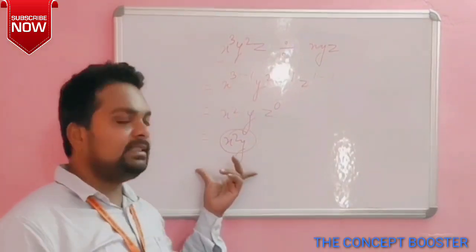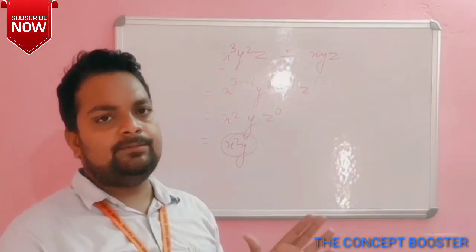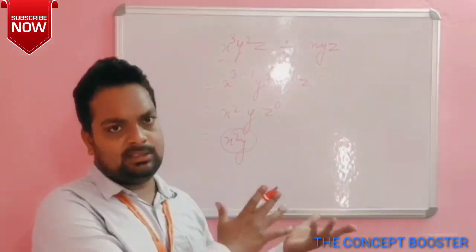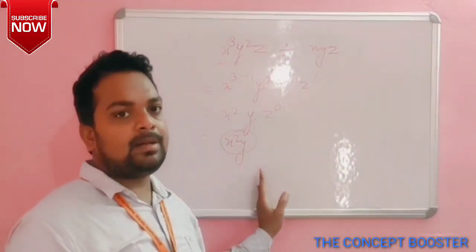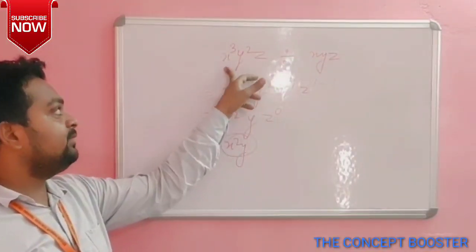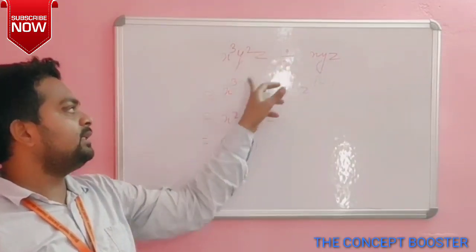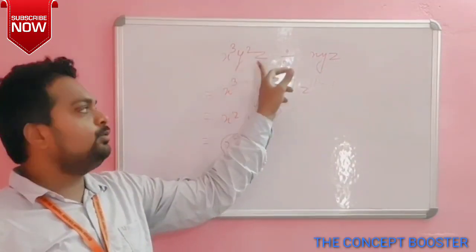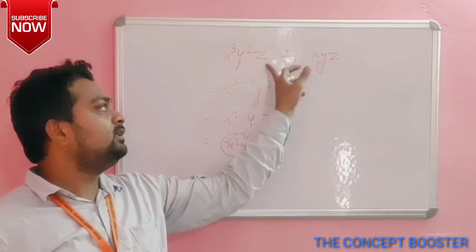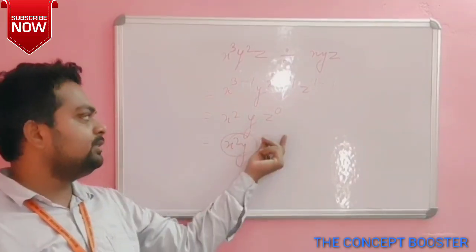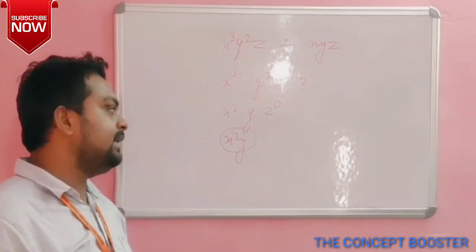Okay, so you can do the division like this. Meaning in multiplication we just add the powers of the same variable, or if it is a different variable, you can just write it beside the other variables. And if it is division, you can subtract the powers like this. Like in this expression we have x to the power 3, here it is x to the power 1, so 3 minus 1 is 2, then y to the power 2 and y to the power 1, 2 minus 1 is 1, so we have written y only. And for the power 0, anything to the power 0 is 1, as you know, so x square y into 1 is x square y, and this is your answer.